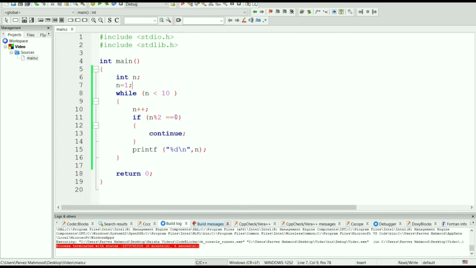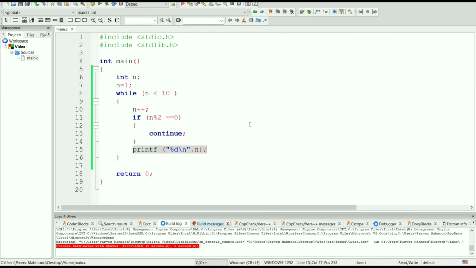Okay, so n is less than 10, then it increases n by 1. So n is 2. If n by 2's remainder is 0, then continue. So 2 by 2's remainder is obviously 0, so it continues the program and then it reaches all the way over here,